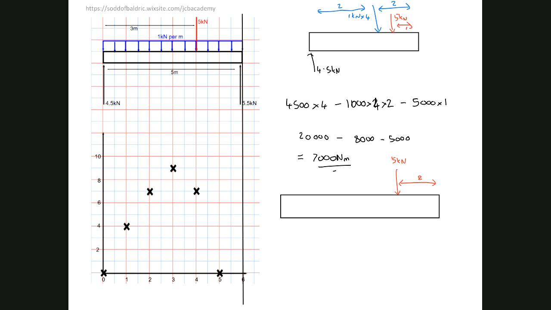I've got 1k times 5 meters acting at 2.5 meters, and I've got 4,500 acting